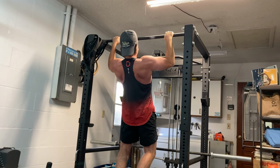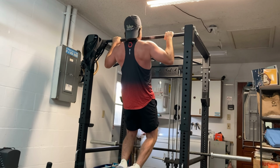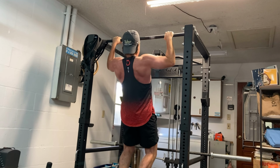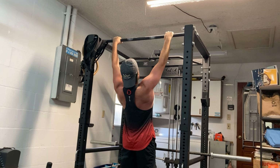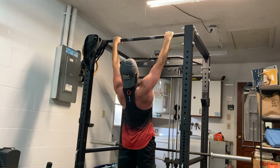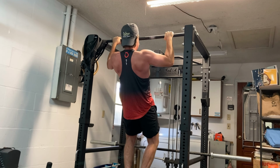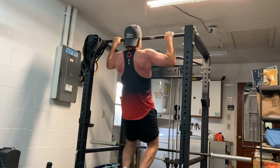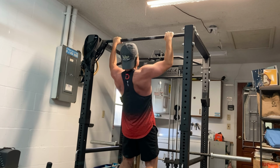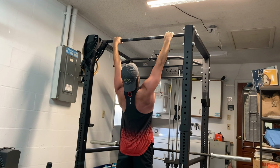Here's me doing pull-ups. This is to target my back, lats, rhomboids, some muscles in the arms, the brachialis, brachioradialis. Not so much the biceps, although they are involved. I wouldn't say they're really a prime mover, but they're involved nonetheless. Now, if I switch this to chin-ups, which probably in another month or two, I'm going to switch back to